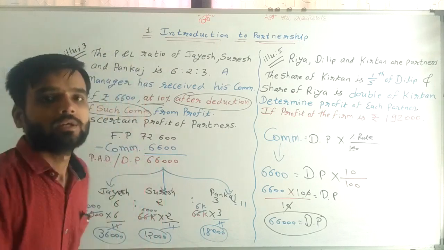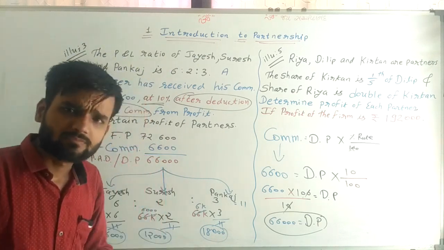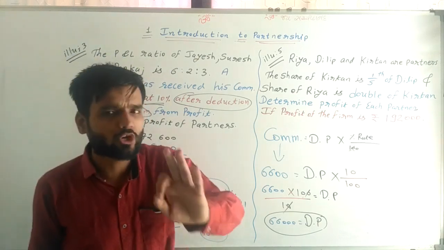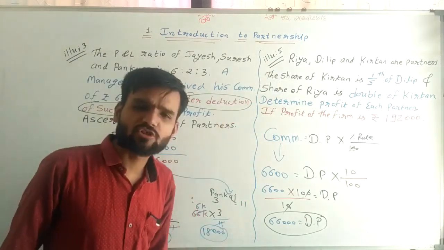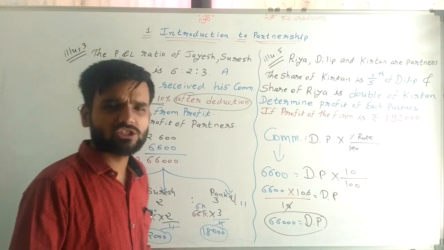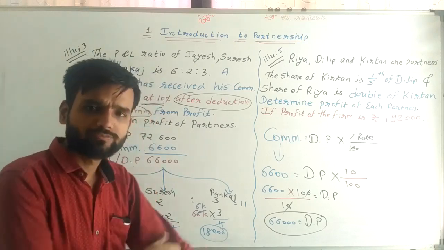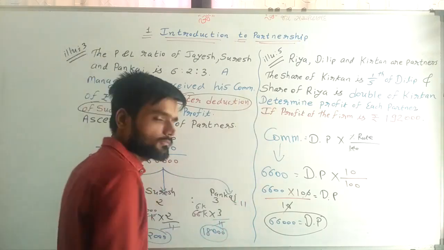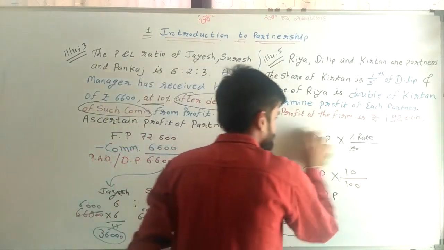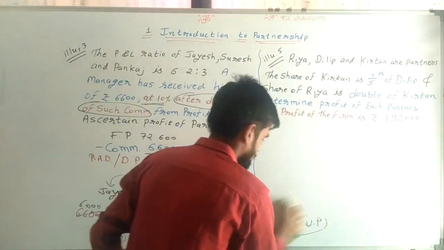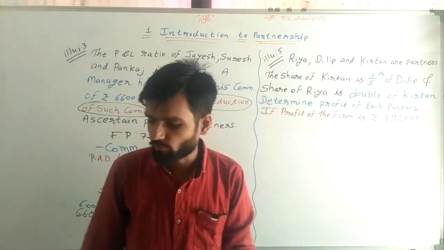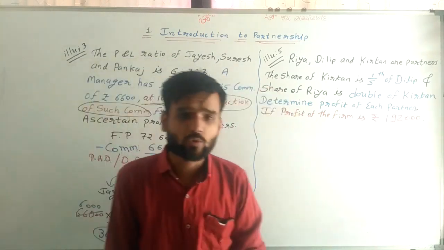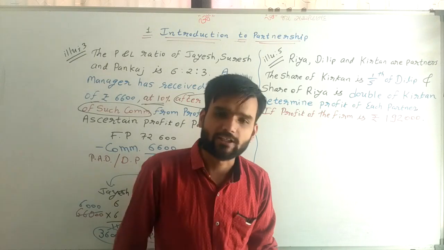Now, a simple sum for distribution of profit. Now we are doing the simple sum which is given here, illustration number 5. And on that basis, you can do 3 more sums also. So, I am clearing the board. And then here we are doing illustration number 5. Now try to understand and solve it.